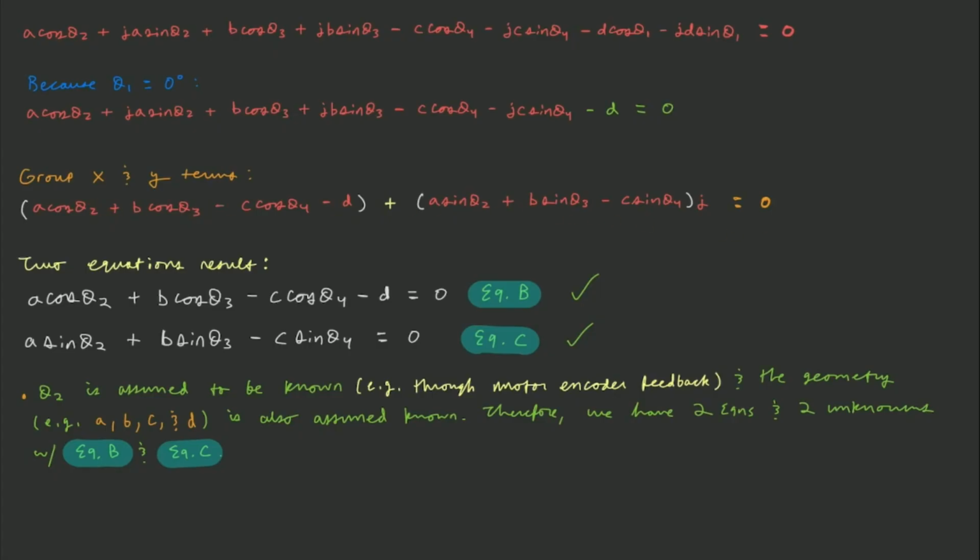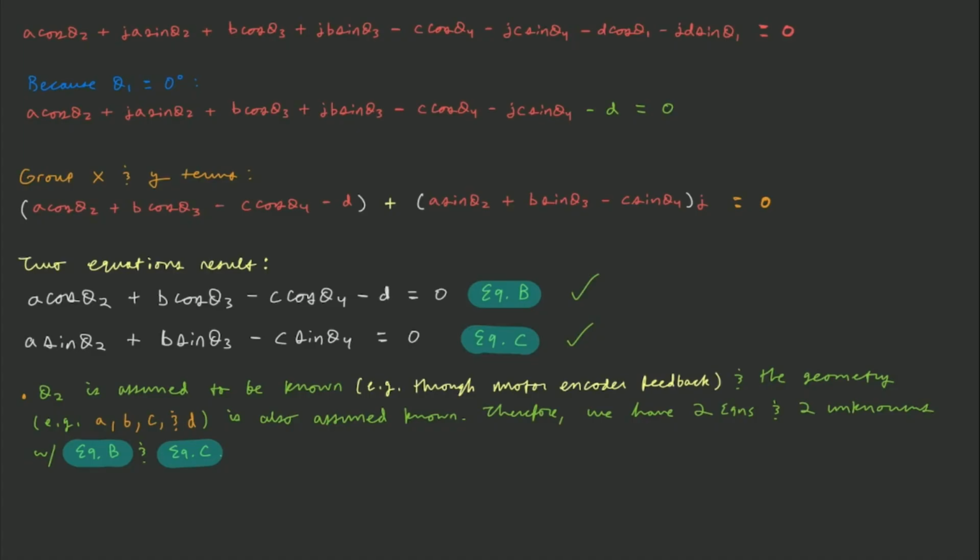The only way this can be true is if each component of the vector is equal to 0. So this term has to equal 0, as you see here, and this term has to equal 0, as you can see here. Those are equations B and C. So now we're starting to get a simpler formation of our vector loop equation, our position equation for our